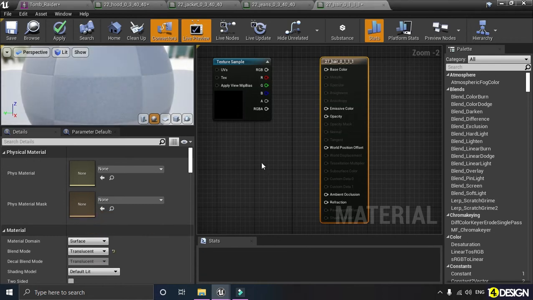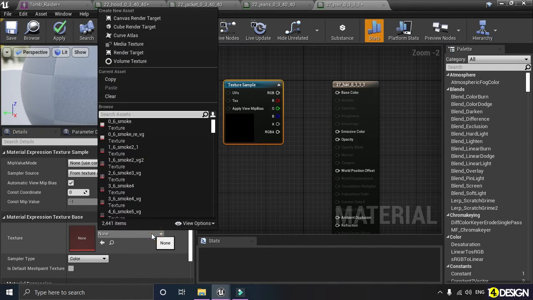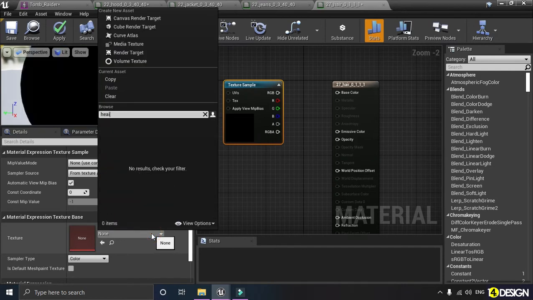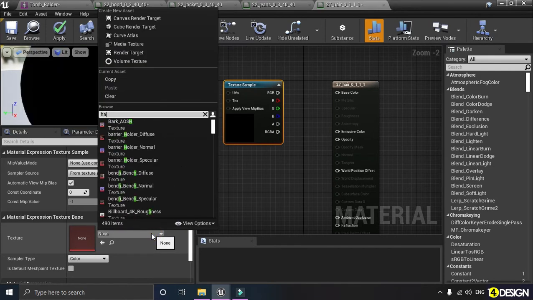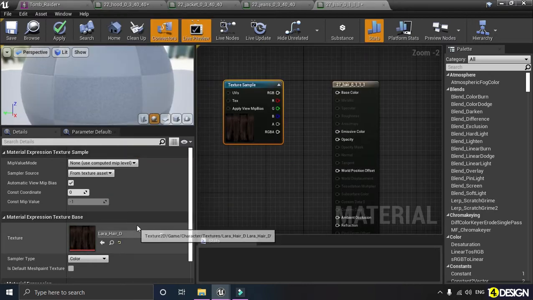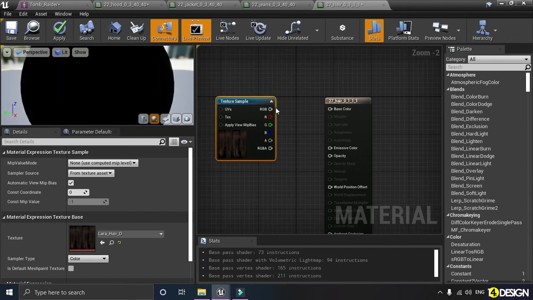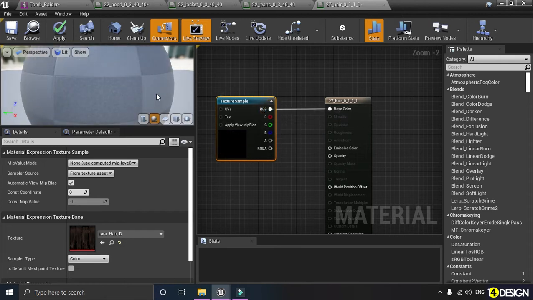Now click on the texture sample and assign the hair. Let's see what textures we have for the hair. Lara hair D. Okay, so this texture is actually a PNG, so it's pretty easy. First of all, just connect the RGB node to the base color node. It will compile here.